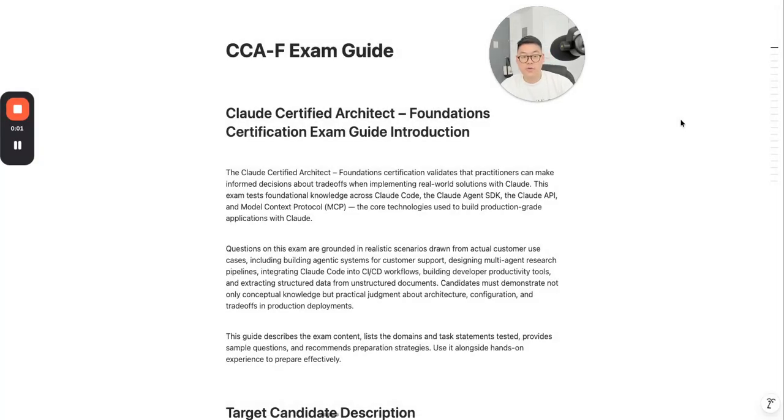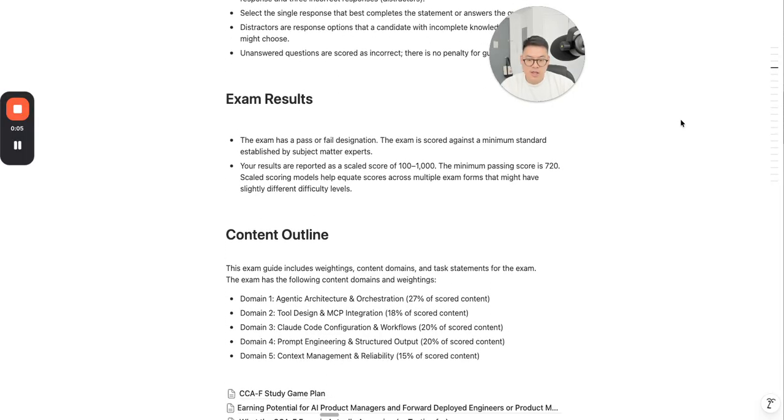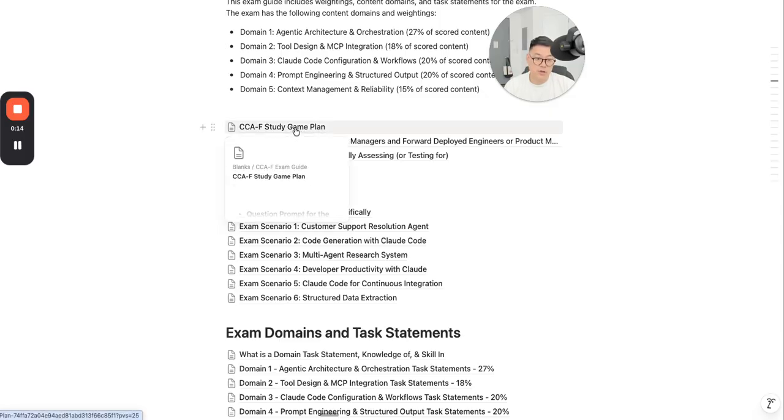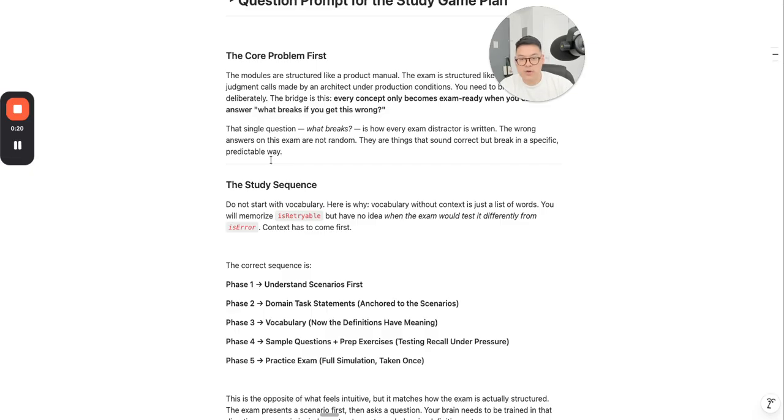Okay, so let's go ahead and reorganize your study guide now that it's on Notion. In order for us to do this, the next thing is I will show you how to put together your very own Claude tutor inside a Claude project. But first things first, we want to recognize, hey,